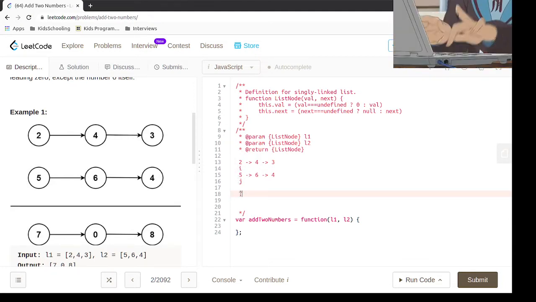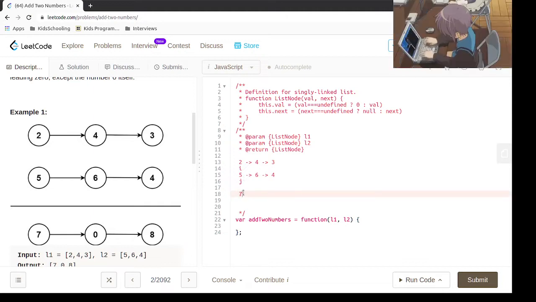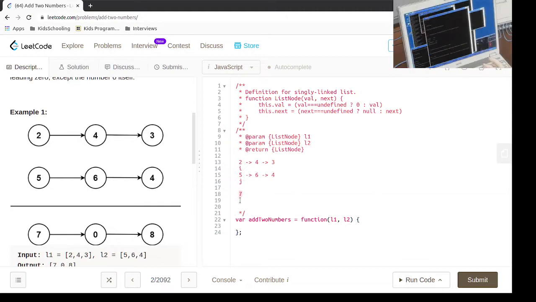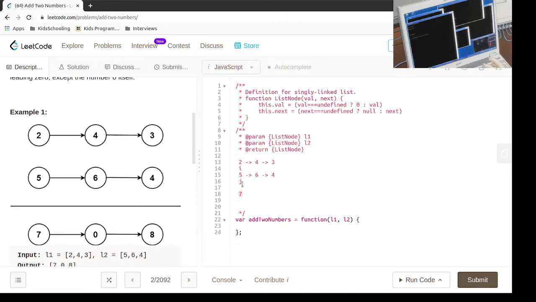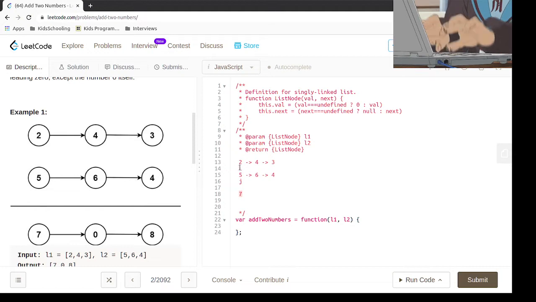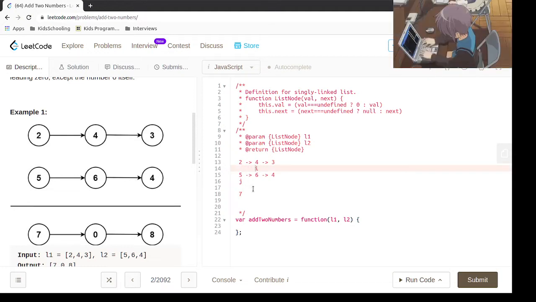So we're going to be creating a new node and then putting this value 7 as the value of that node. Then we're going to iterate both of them together,